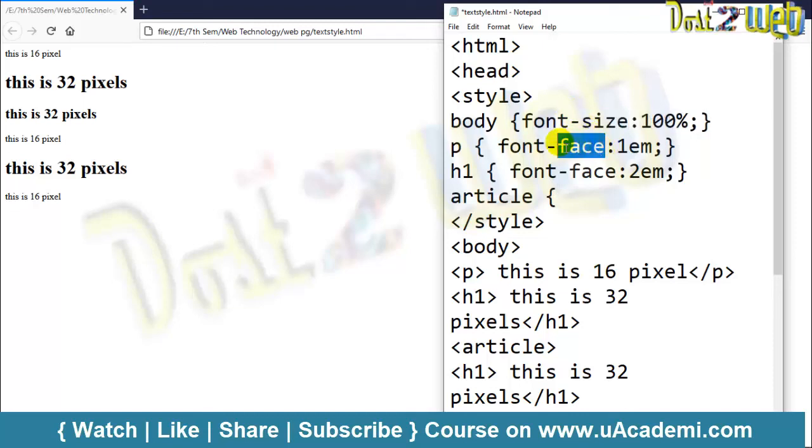This is not font face, this is font size. Okay, same way you are going to use here font size colon, and we'll use 75%.